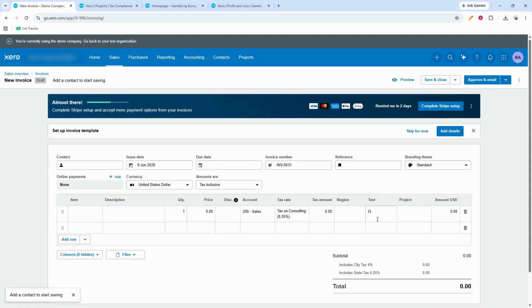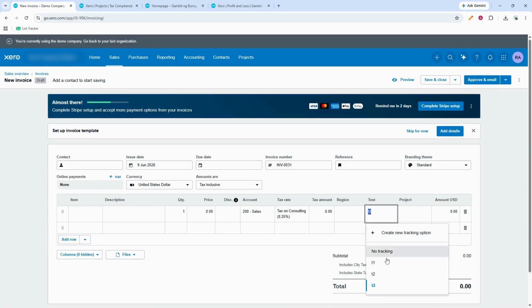possible later on. If you're editing an existing transaction, you can also assign the tracking category there as long as the field is available. After selecting the tracking category, save or approve the transaction, depending on your workflow. Be sure to check that the correct option is selected before finalizing it, since accurate tagging leads to more reliable